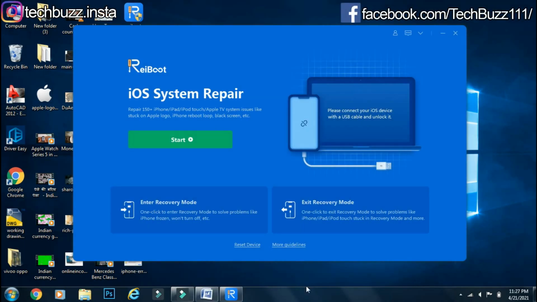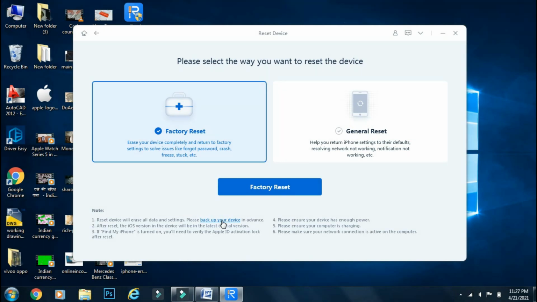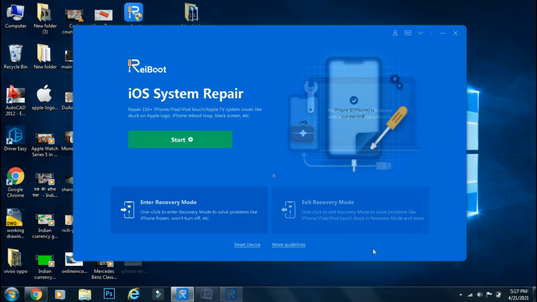You can also use this app to reset your device, and under reset there are two options. First one is the factory reset, which will wipe all the data and will bring the phone back to the welcome setup screen that you can see when your phone is brand new. And the second one is the general reset, which you can use if you are facing issues like notifications or network not working, battery drain, or device freezing due to any corrupted app. This will solve it. So that was all about the Tenorshare Re-iBoot app, which can be really helpful to get out of some really tricky situations on your iOS device.